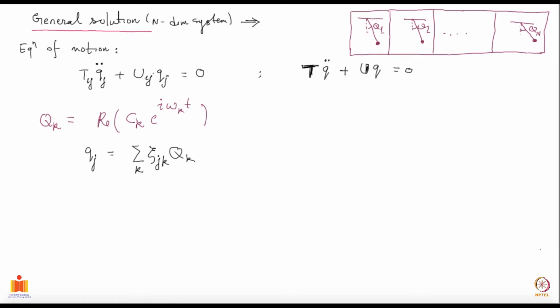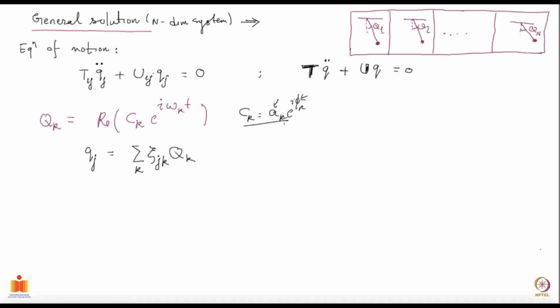And ck is two quantities basically. If I write ck as some ak e to the i phi k, you can control what phi k is, what ak is, the amplitude and the phase. But beyond that, for a one-dimensional oscillator, there is nothing for you to choose. If you can reduce your system to n oscillators, each of them one-dimensional, you correspondingly choose the phi k and ak for each of them. Beyond that, you have no freedom left to choose anything, which means that this xi is completely determined by the problem itself. There is nothing for you to choose. That's the point I wanted to make.